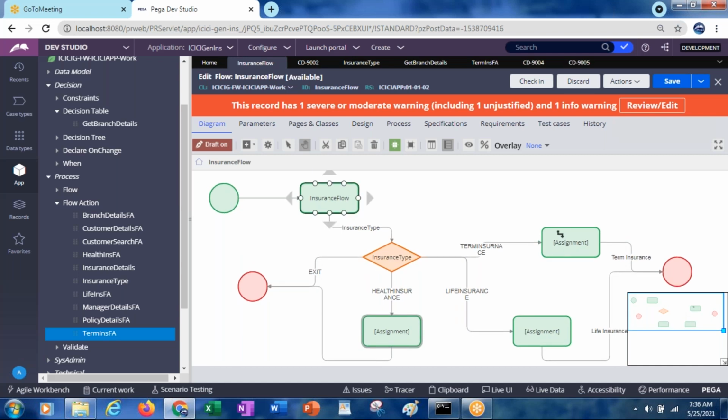Okay, in this flow there are 4 assignments. In case you have 10 assignments, and you want to give it like this for all 10, then it will take a lot of time. So in that case, what we can do is assign the local flow actions at the flow level. At the flow level, if you apply the local actions, then they will be displayed for all the assignments in that flow.